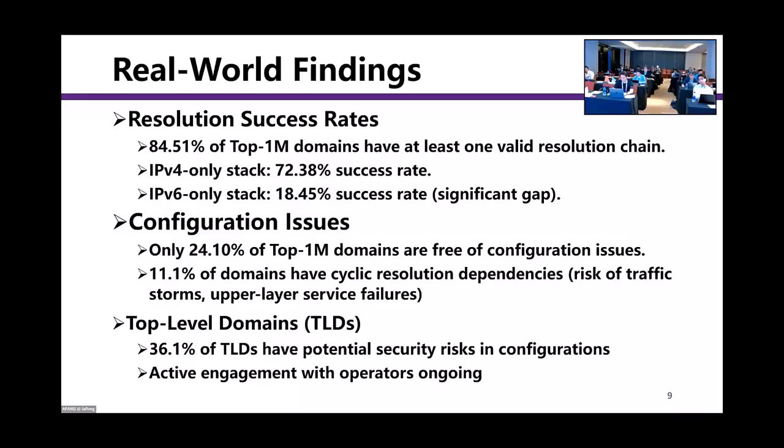But there is a gap between IPv4 only and IPv6 only. In IPv4 only, 72% of domains can be resolved successfully, but only 18% in IPv6 only. In configuration errors, only 24% of the top 1 million domains are free of configuration issues, and 11% of domains have cyclic resolution dependency. They can make the resolution loop in a circle, risking a traffic storm and upper service